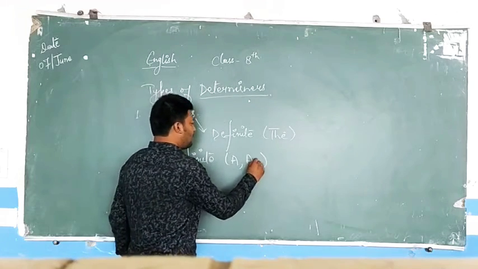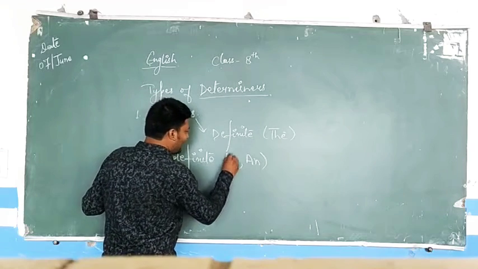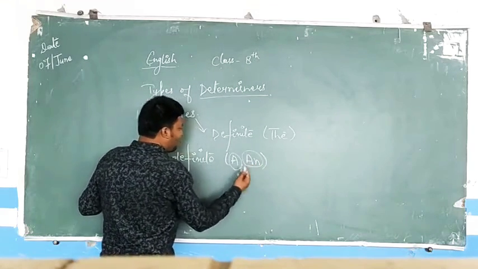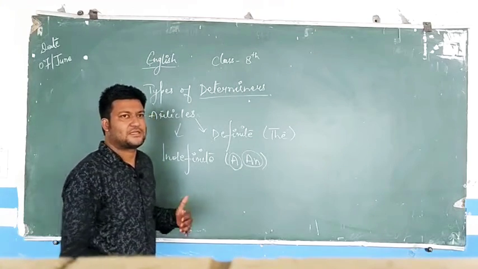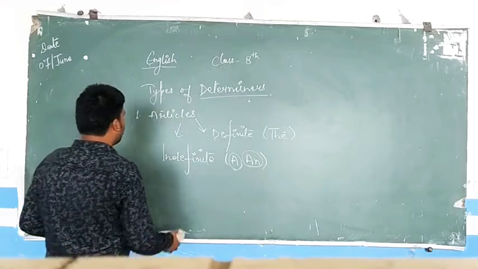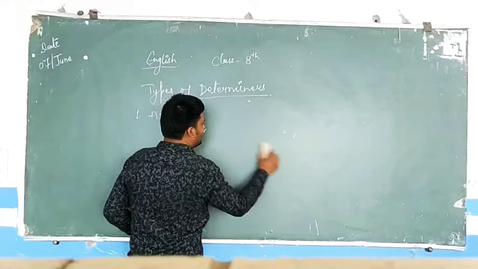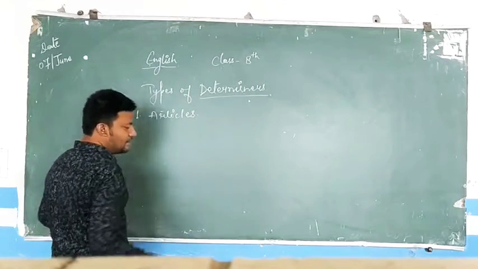Sometimes we notice that these are only very small words, a, an, but the uses of these words are long enough to understand. Though we are not studying articles today, the first determiner is articles,